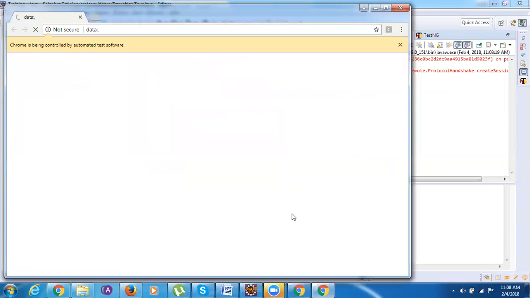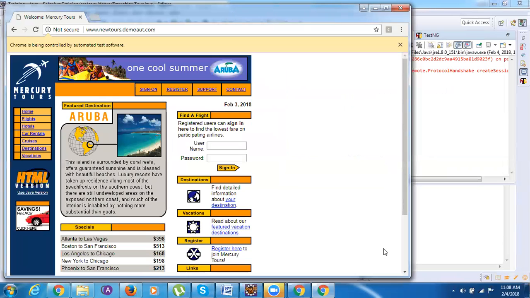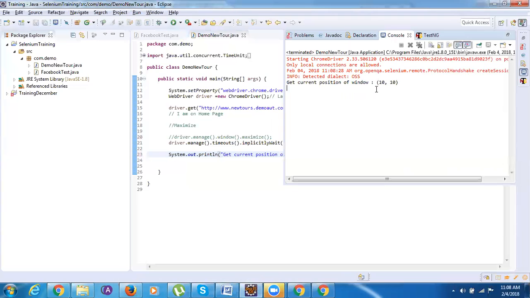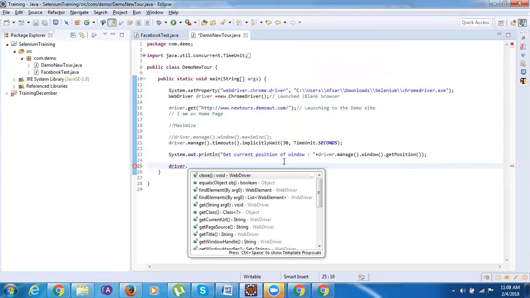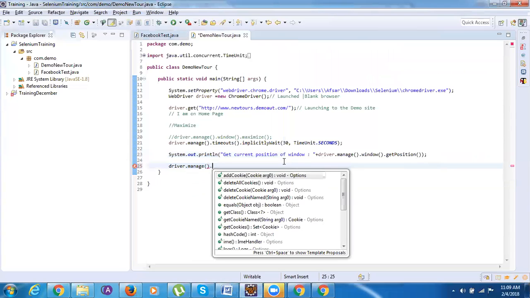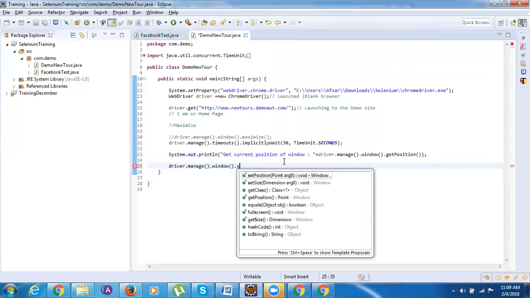So you can see this browser is present within this particular location, and there should be one position of that. It's saying it is at x 10 and y 10. So 10 and 10 position. Suppose over here, let me just change this x and y position. Driver dot manage dot window dot set the position, or I can say